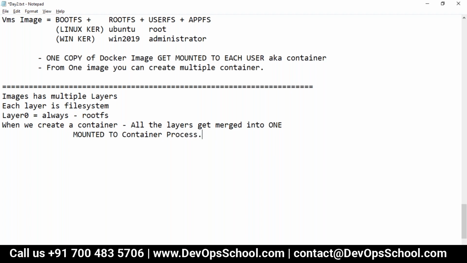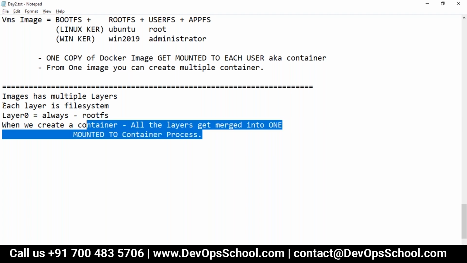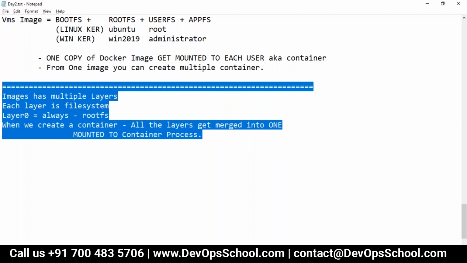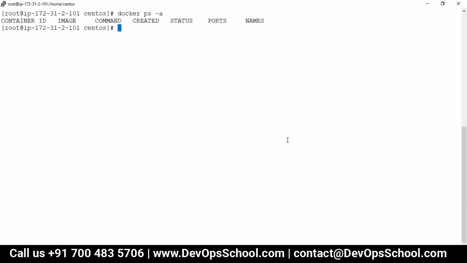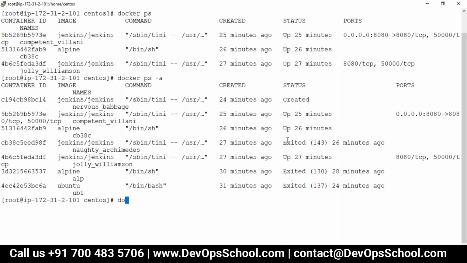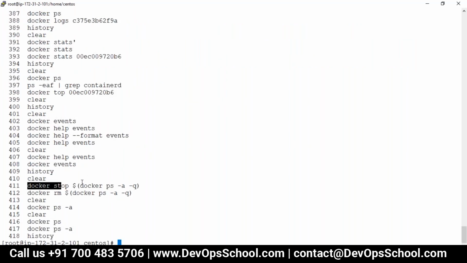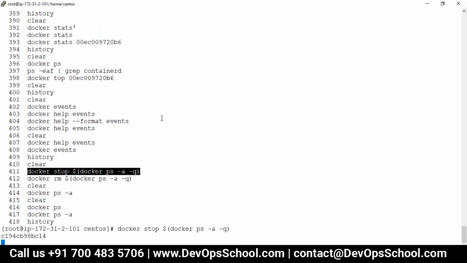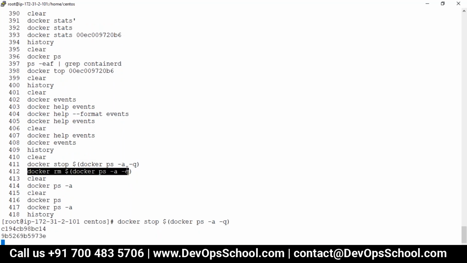So this is what I said so far. So let's prove it. This is the machine which I'm using right now. Do we have multiple containers? Let me show you. See here, multiple containers are there. So what I'm going to do is delete all the containers, stopping all the containers in one go and removing all the containers in one go.